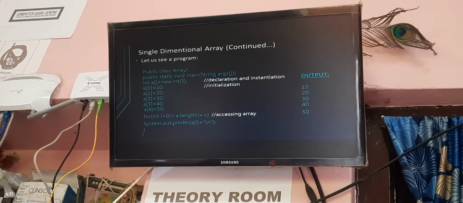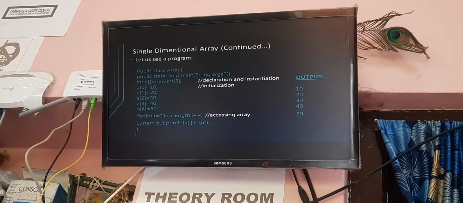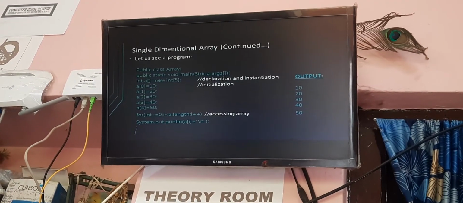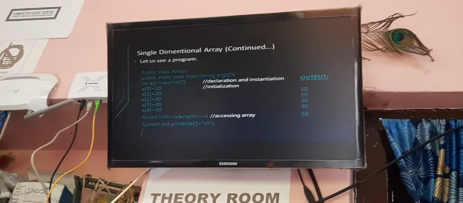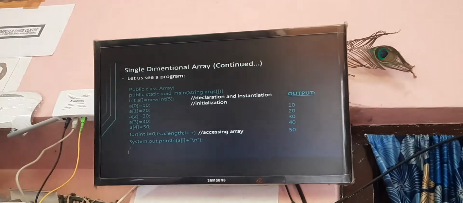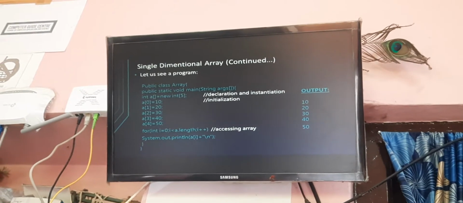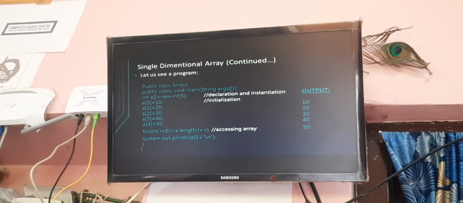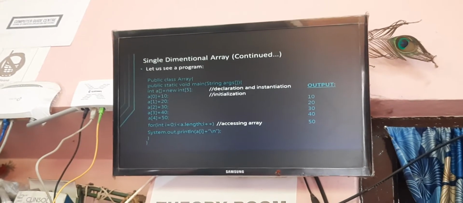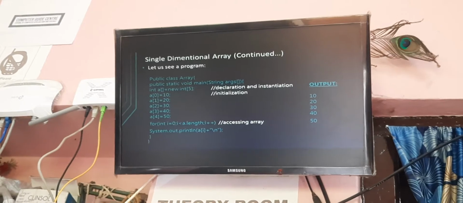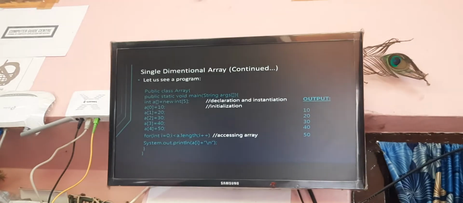So here is a class array in which we have taken an array named A of integer data type, and it can store 5 values. We are initializing all the values of the array as 10, 20, 30, 40, and 50. We are executing a for loop in which integer i equals 0, i less than a.length. That means it will continue till the length of the array A, and it will be printing all the elements of the array. So the output will be 10, 20, 30, 40, and 50.